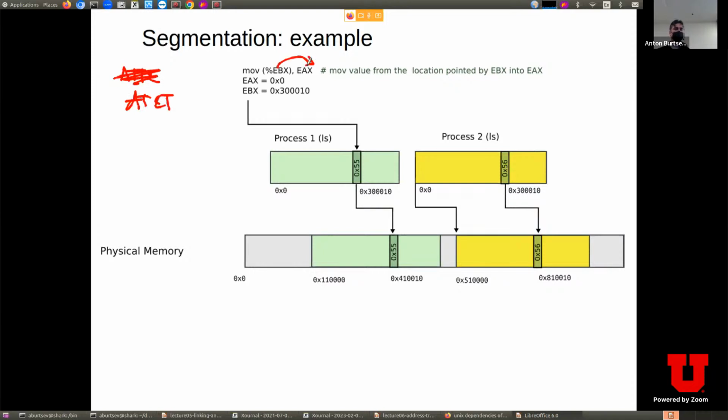So it goes this way. For now, EAX contains 0, EBX contains this address, right? So it's equivalent to Intel's move EAX from EBX, right? So what happens underneath is that,